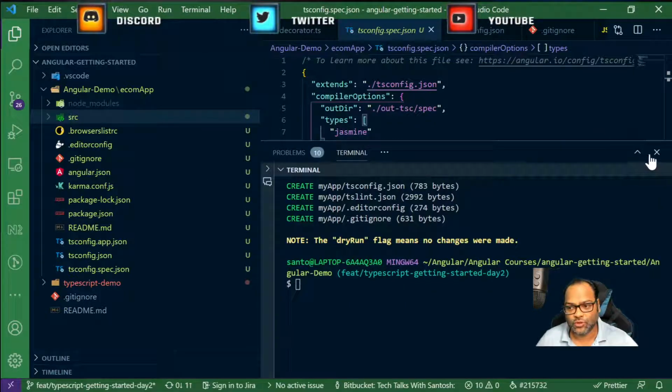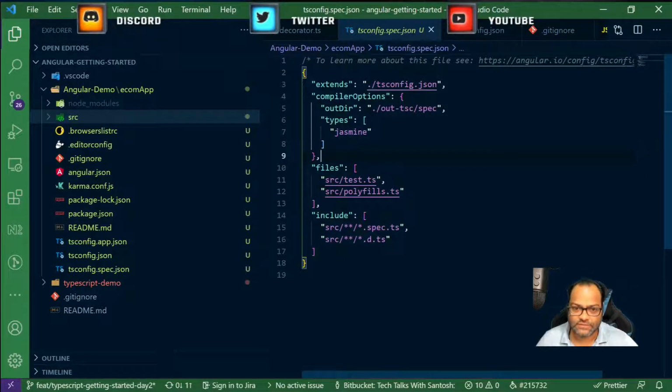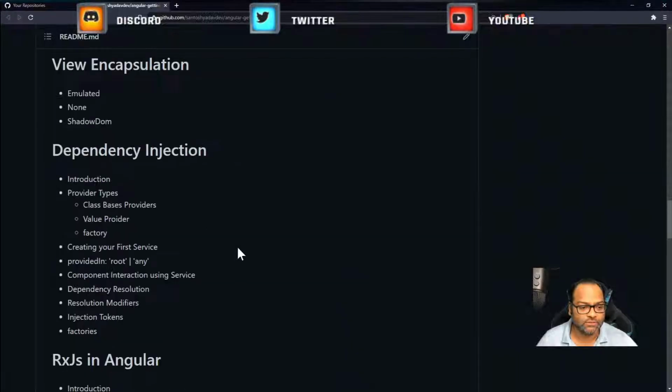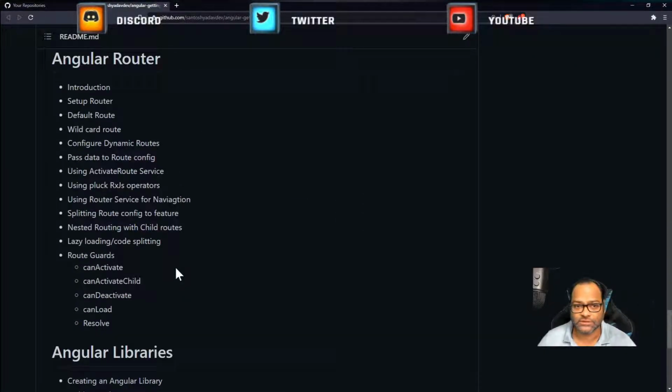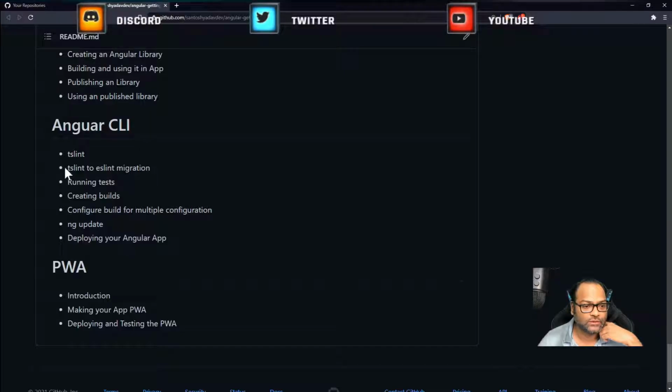There is an option you can use, Angular ESLint, which is available. Probably that's an agenda in our course as well, how you can actually migrate from tslint to ESLint. So probably we don't have to migrate because we already have an Angular 12 application which doesn't include tslint. But we'll do that, tslint to ESLint migration, we'll see.